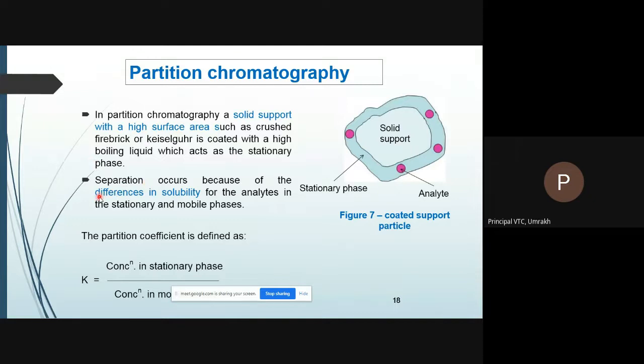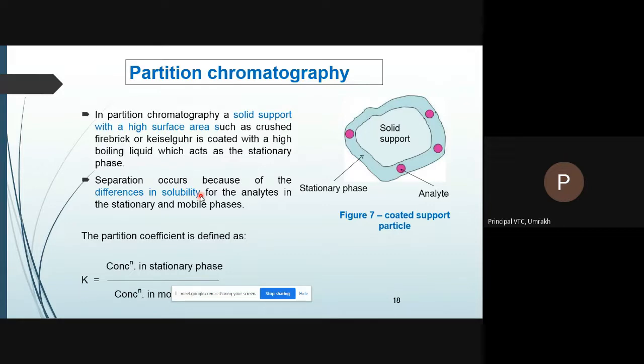Now, in partition chromatography, separation occurs because of differences in the solubility of the analyte. Your analyte will have different solubility in the stationary phase and in the mobile phase. Those analytes which have more solubility in the stationary phase will be retained for more time on the stationary phase, while those analytes which are soluble in the mobile phase will elute first and